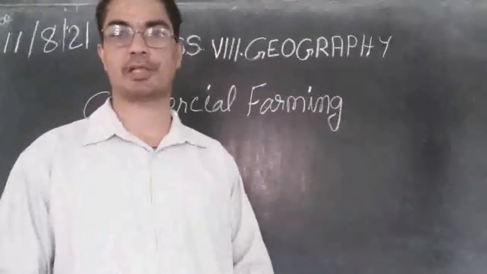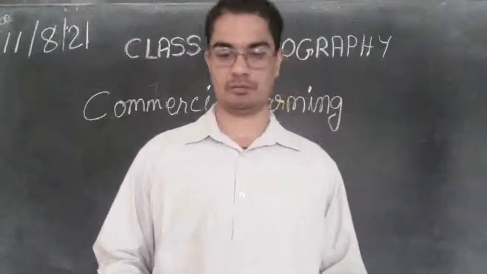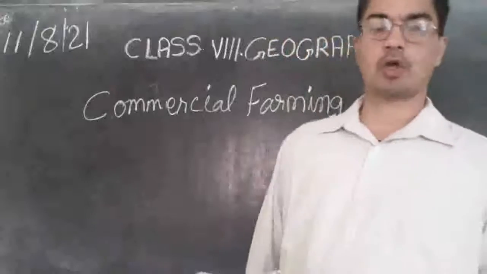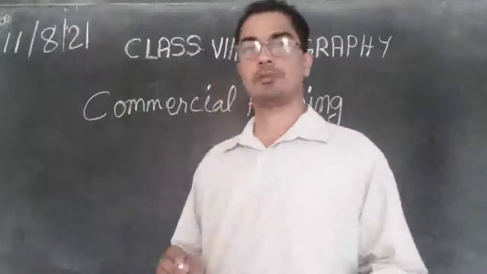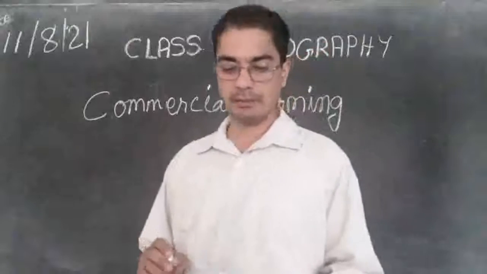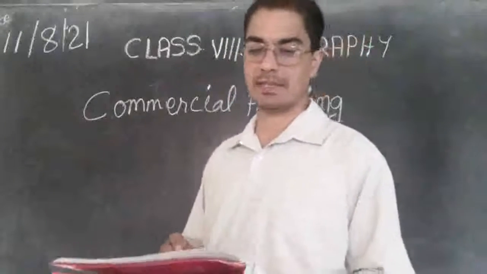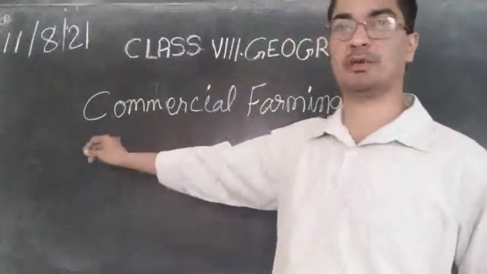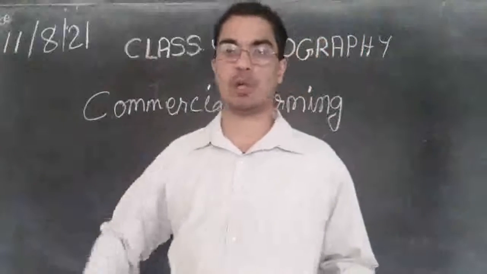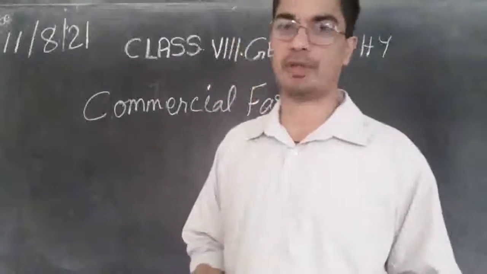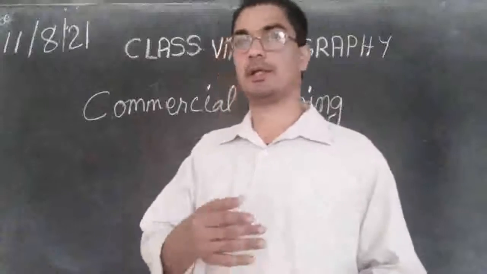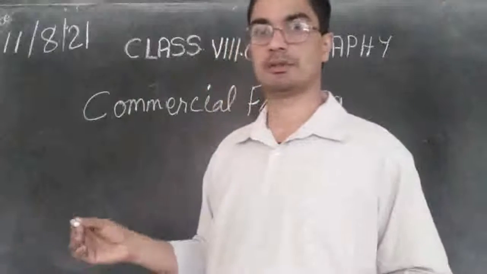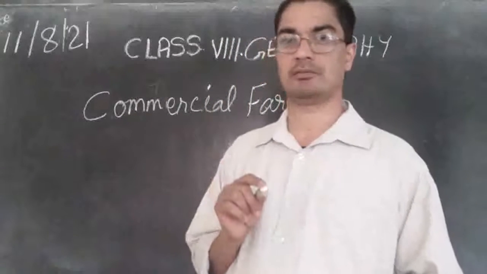And you can take in your textbook page number 43. It is about commercial farming. So in commercial farming, crops are grown and animals are reared for sale in the market. So in the very term commercial, we can understand what are the activities in this type of farming. So people cultivate on a large scale, or they grow animals in large numbers with the purpose of sale,